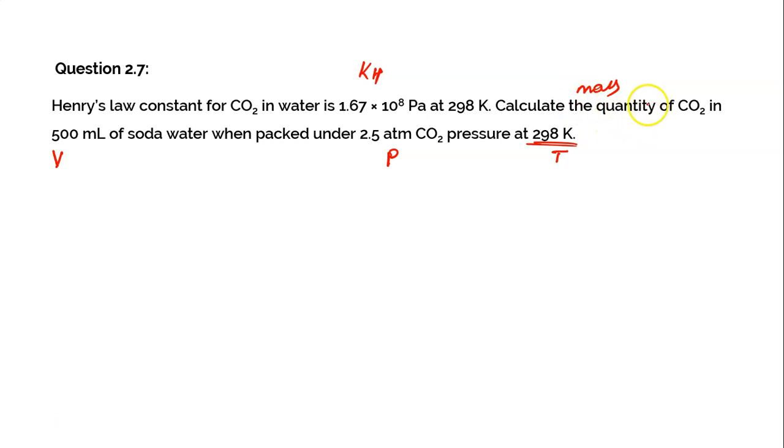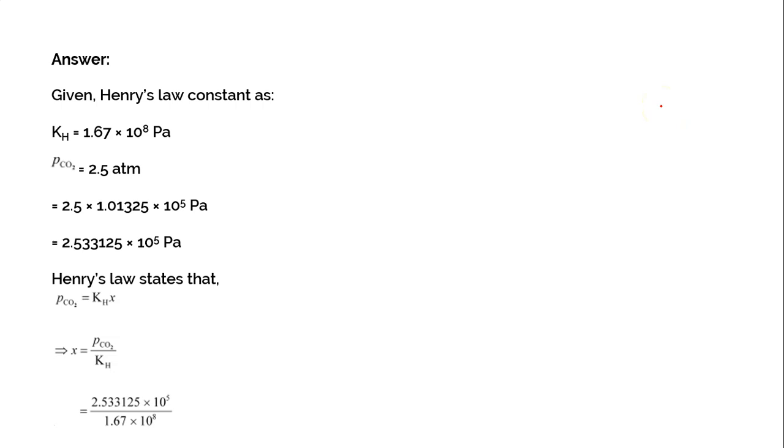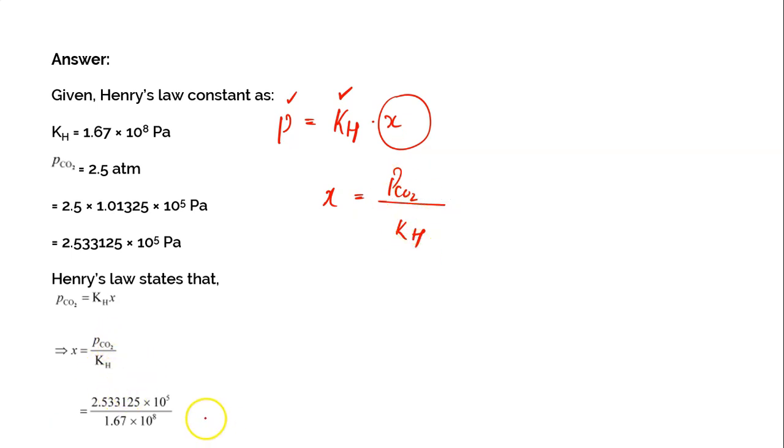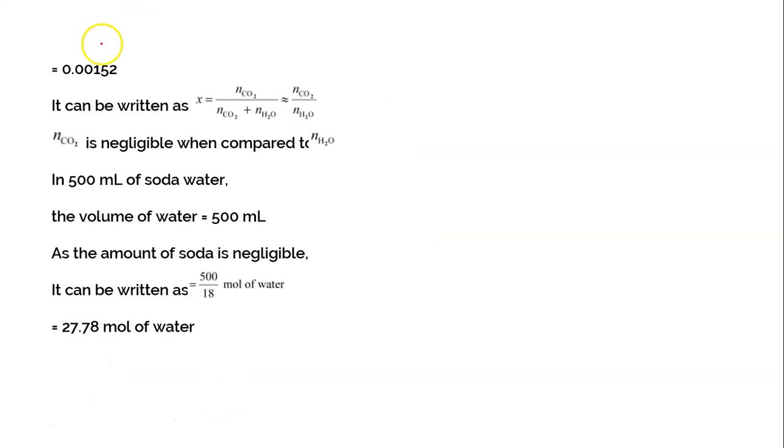Remember, quantity refers to mass. It does not refer to number of moles. So you have to calculate mass. Let's see how this can happen. As we already know, KH can be calculated with the help of this formula, P is equal to KH into X. But now in this present case, you already know KH value and you also know pressure because it's given. So using this pressure and KH, try to calculate mole fraction first. So mole fraction will be equal to the pressure of carbon dioxide divided by KH. You know both the values. So substitute both of them and simplify. When you simplify, the mole fraction that you will be obtaining is 0.00152.